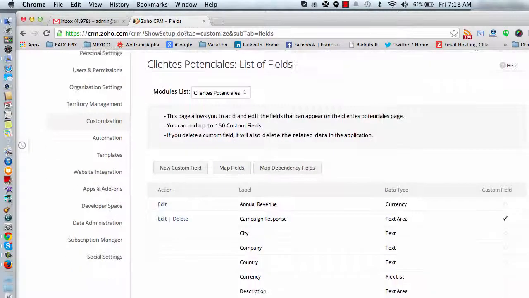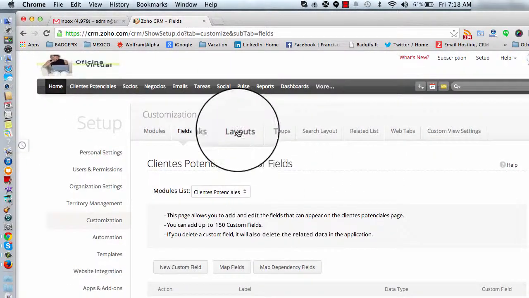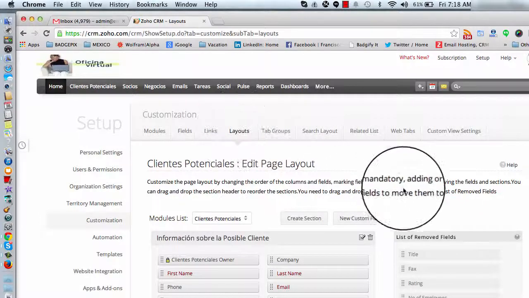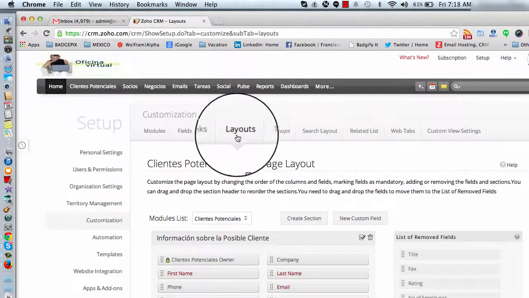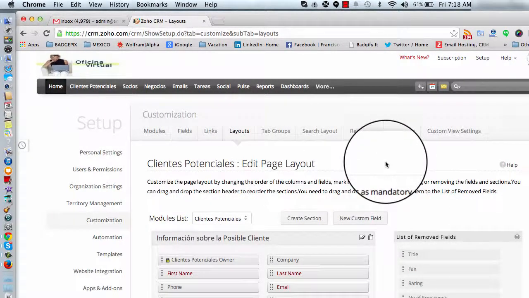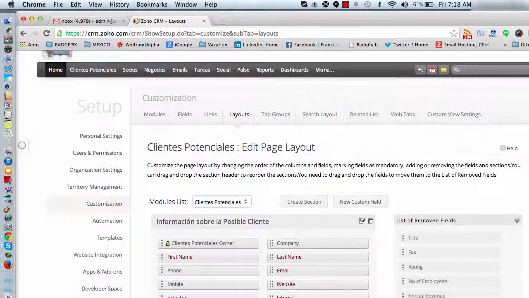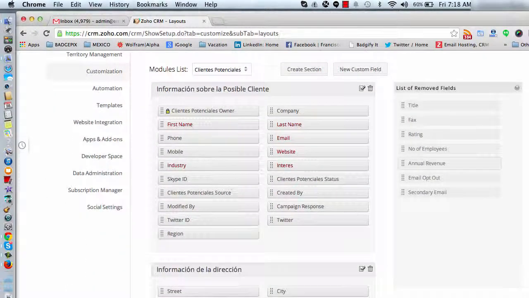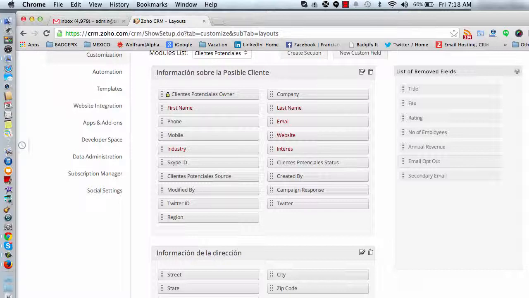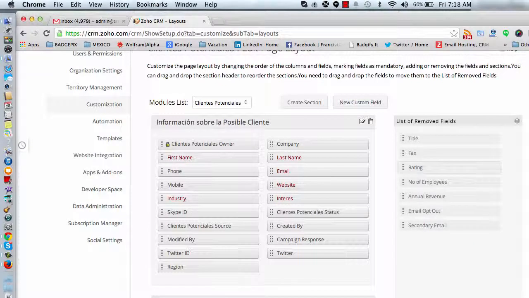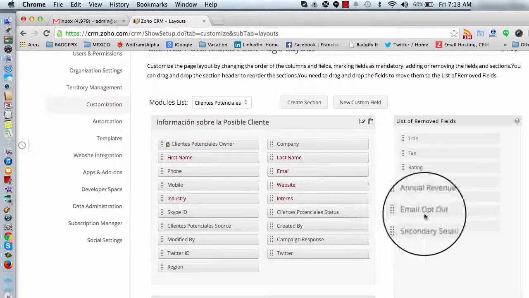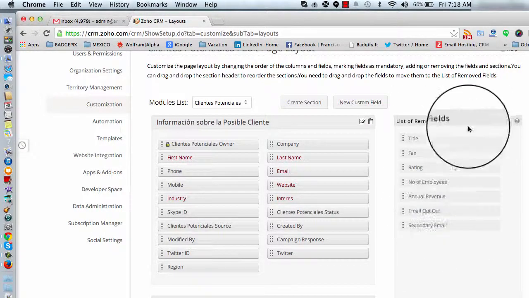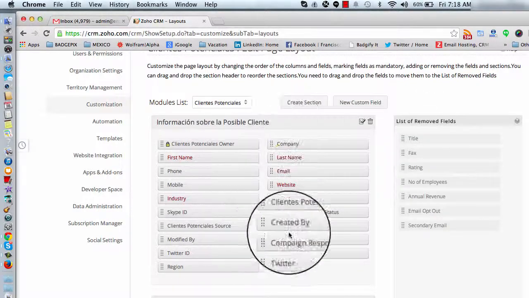And here, as you already know, is a list of all the fields, but all the fields are displayed in the layout, the way you want to see them on your modules, on your forms. So before you start working on the workflow and setting up rules and conditions and connecting your application to your APIs and other services, you need to make sure that you get rid of all the stuff that your forms are not going to